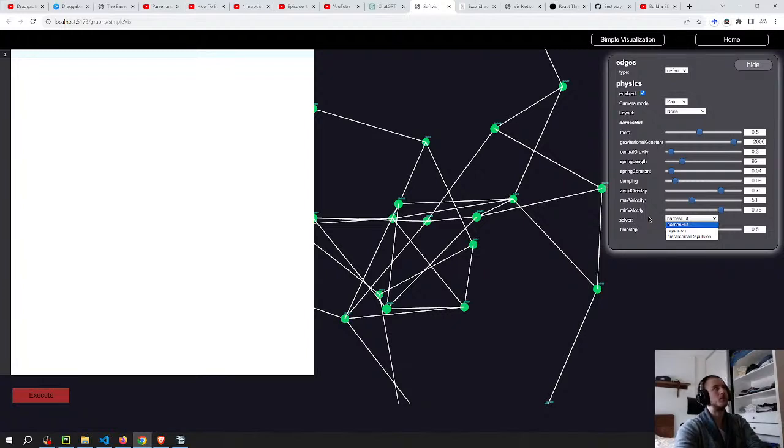So the way the Barnes-Hut works is it separates the space into squares in 2D or cubes in 3D. And then based on the squares and the masses of the nodes, it creates a tree that connects all the nodes, and then based on the mass and the position on the squares of the nodes, it calculates the gravitational force. So it's a lot more complicated in 3D than it is in 2D,